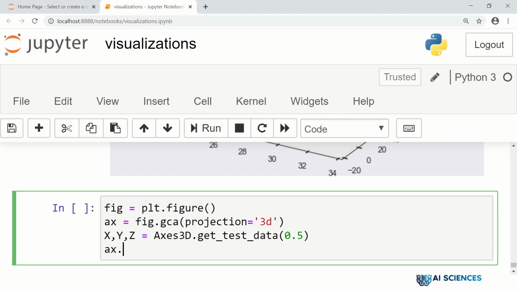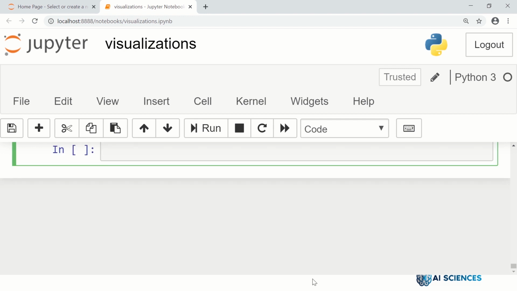Next, what we do is we say, okay, plot_surface. That's a surface plot with X, Y, and Z as data. We can set our color map here. The color map is, let's say, cool-warm. Let's say that's our color map. And if we just run that,